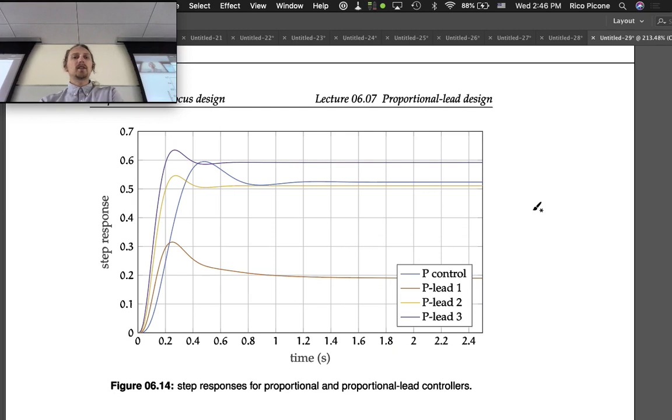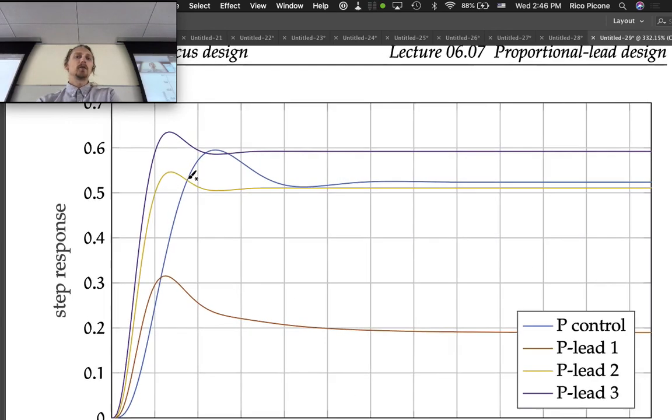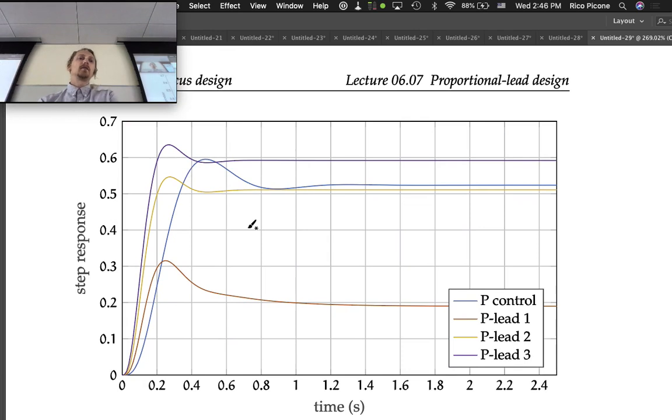So first things first. With P control, I was out here in the blue, right? And with all of them, our steady state error sucks. Steady state error is terrible. So we're going to probably want to do lag on this at some point. But we're going to do lead, though, to fix the